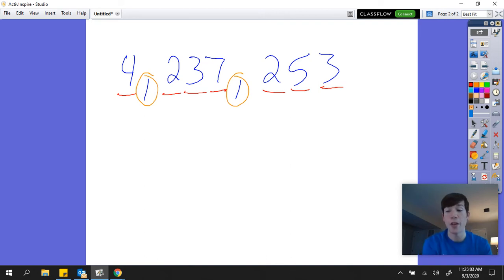I'm going to go and look at my largest place value, which in this case is the millions. So I'm going to start off and I'm going to say 4, and notice I have a comma, so I'm going to say million. 4 million. I'm done with that part. Now I'm going to go to the middle and I'm going to think, what number is that? Well, I see the number 237. So I'm going to start over. I'm going to say